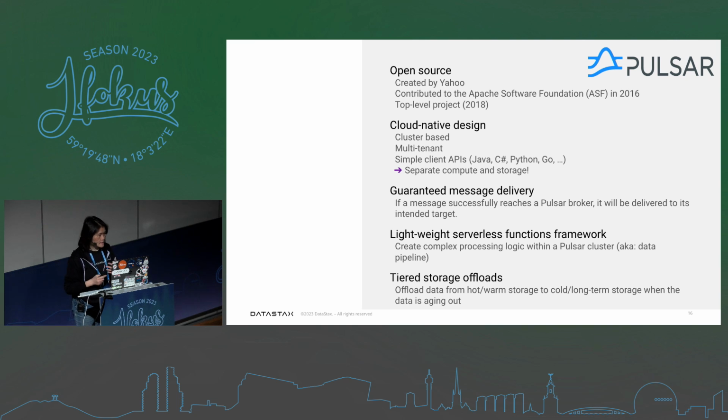So meaning that if you are sending messages to a Pulsar broker, once it is there, even though the network goes away or something can be wrong, don't worry about it, because once Pulsar receives the messages I'm publishing to it, it knows it, and even if something goes away, after your network comes back, it will deliver the messages accordingly to your intended target. And of course, as maybe some of you may know, doing message delivery is not